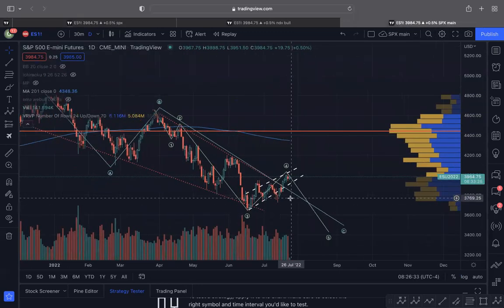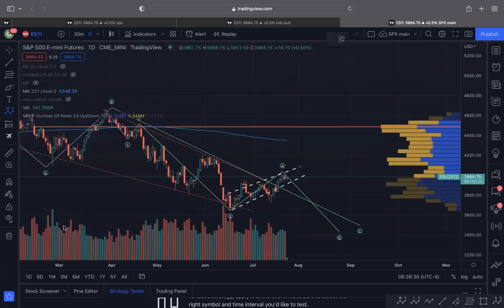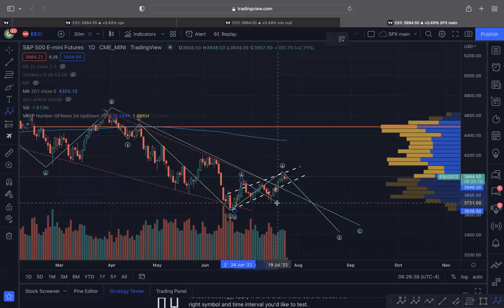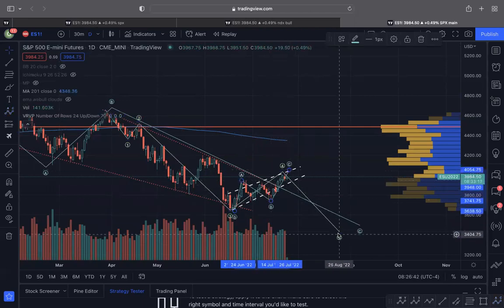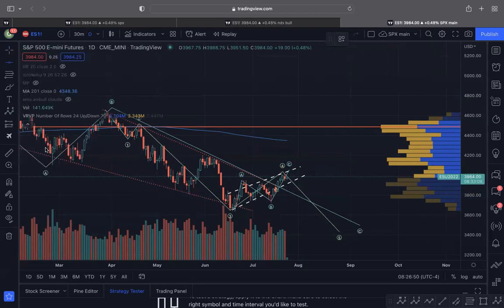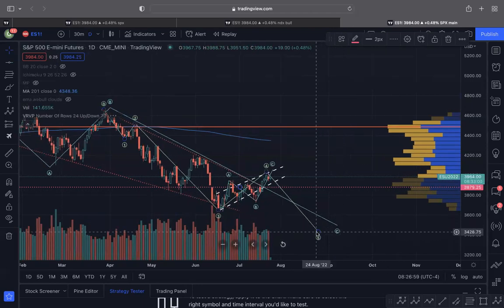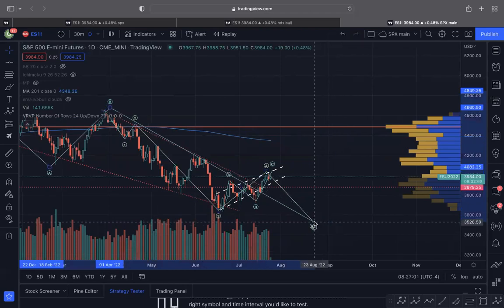Again, if this is a fake breakout, right, this entire thing would be your ABC wave, and then you would have this wave 5 lower. And I will be watching this. I'm not going to say that this is not going to happen. It could happen, right? If we start to break below 3880, I would start considering this to be highly probable. So this is what I'll be watching. And again, as you can see, it's probably going to 3500, 3400.